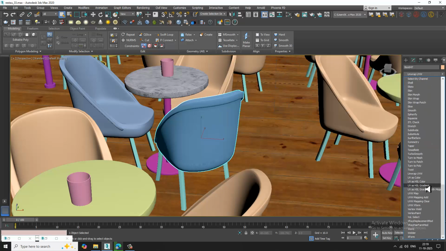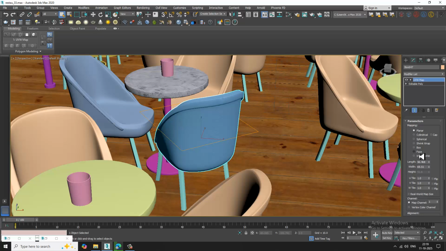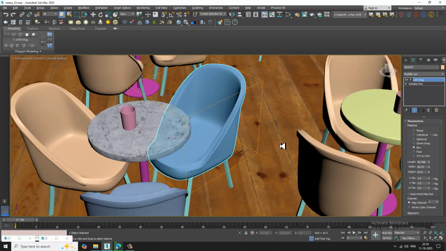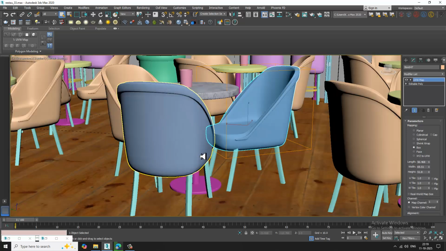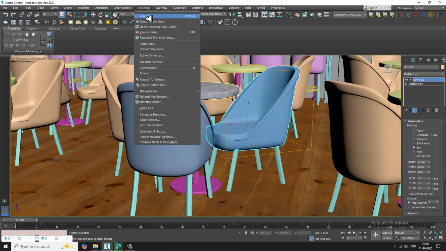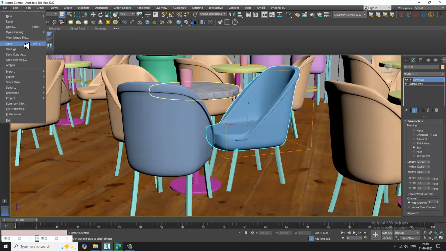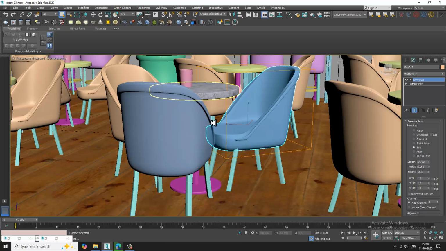Let's go into this and give a UVW map, set it as a box. If you want, you can reduce that stuff. I'll just save the file once